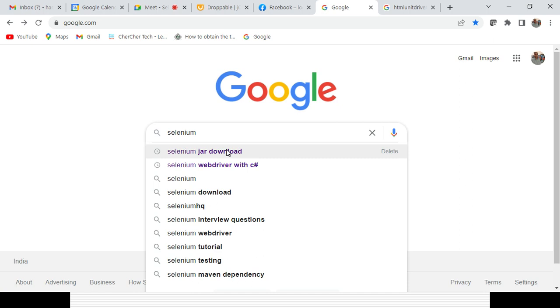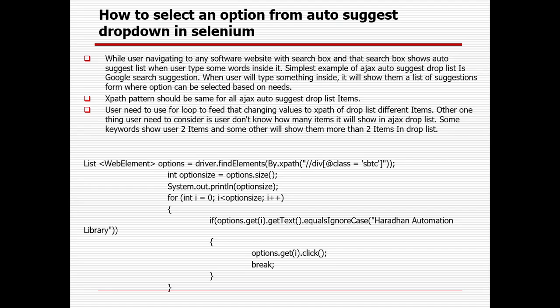So while the user is navigating to any software website with a search box, that search box shows an auto-suggest list when the user types some word inside it. A simple example of an Ajax auto-suggest drop-down list is Google search suggestion. When the user types something inside, it will show a list of suggestions from which the user can select